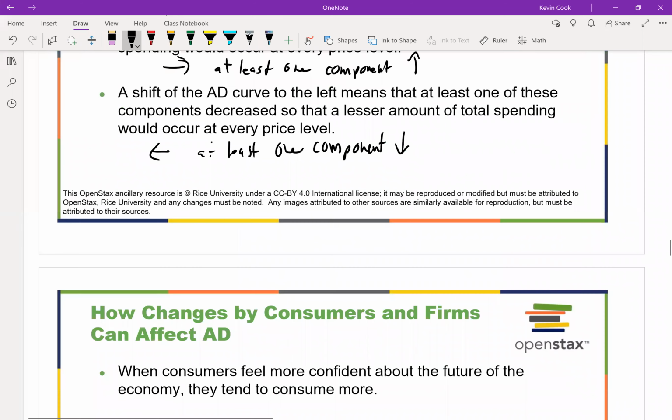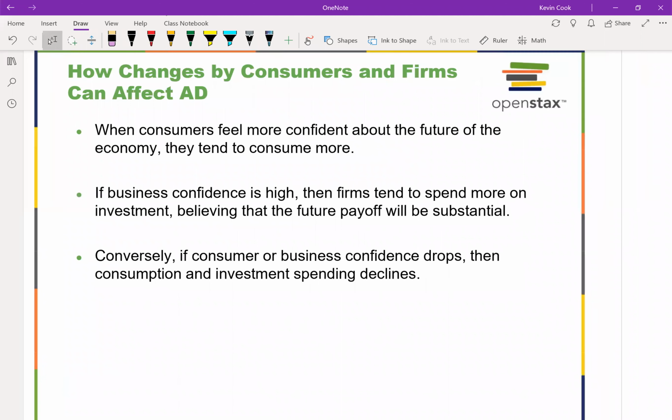So when we think about what can actually cause this, especially in the aggregate sense, a lot of it is going to be caused by consumer or producer confidence. Or again, there can be shocks where, like today, our personal spending has gone down because there's not as much to do. You can't go see a movie, you can't go to a hockey game or a race or anything fun like that. But in general, on normal days,